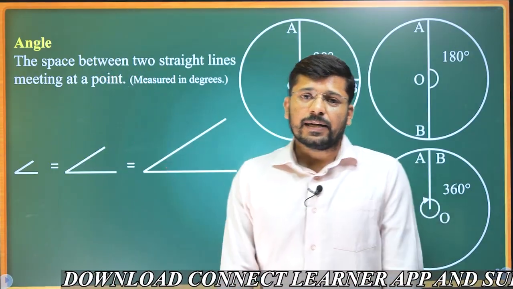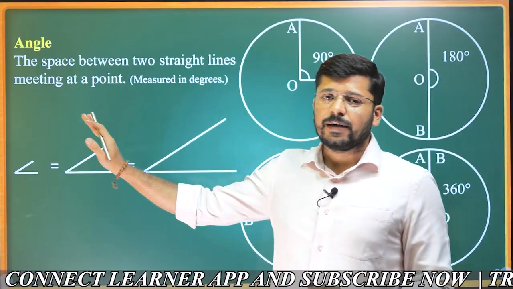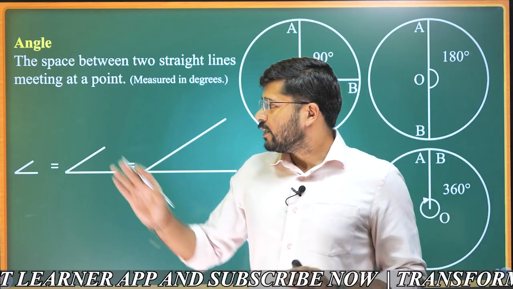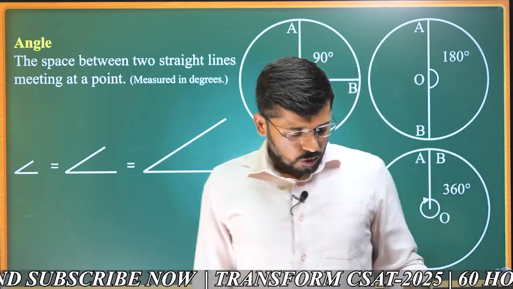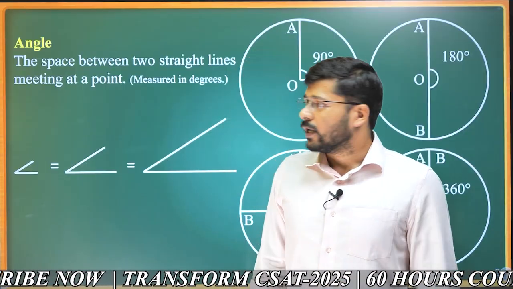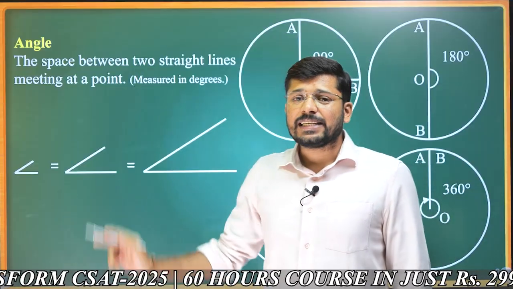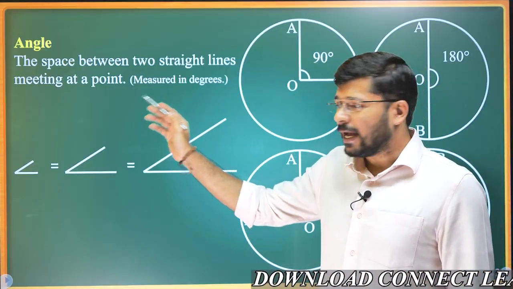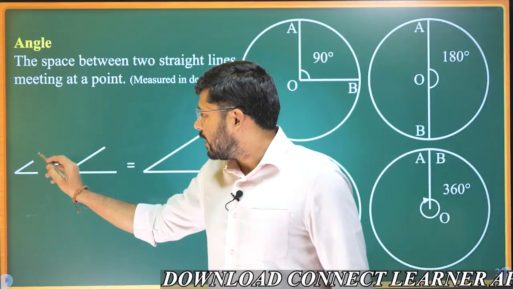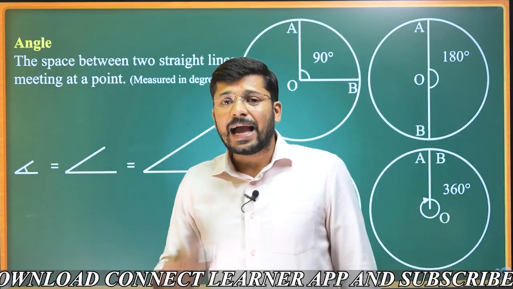This angle, geometrical angle. Non-mathematical students, do not get afraid. This is a very easy concept. I will teach you the concept in less than a minute, and that should be enough to solve the questions on clock. An angle is defined as the space between 2 straight lines meeting at a point. So if there are 2 straight lines and they happen to meet at one point, the angle made between them, the space between them, is said to be the angle made by them.